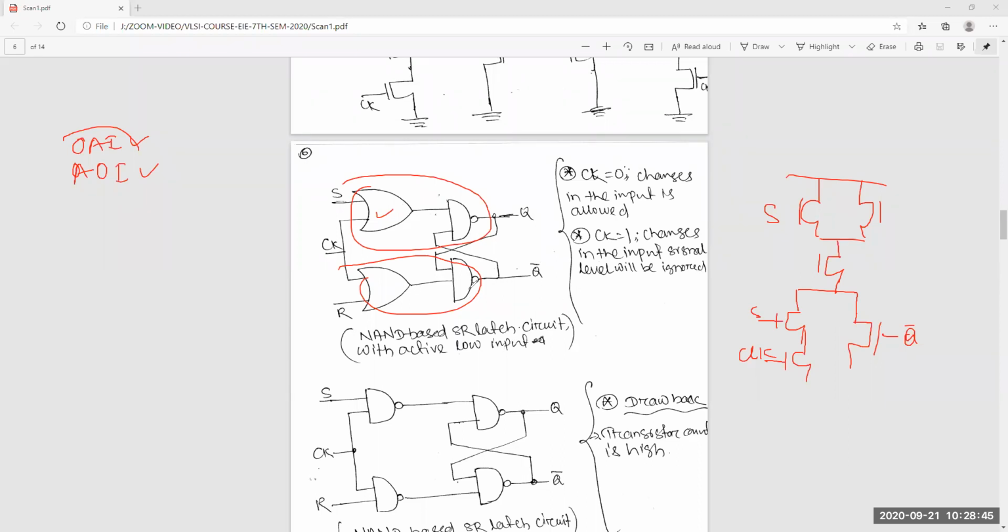For this, since it's an OR type of thing, it will be parallel, and one series with Q bar like this, or you can put S and clock on top. And by duality, these two will be in series and one will be parallel.